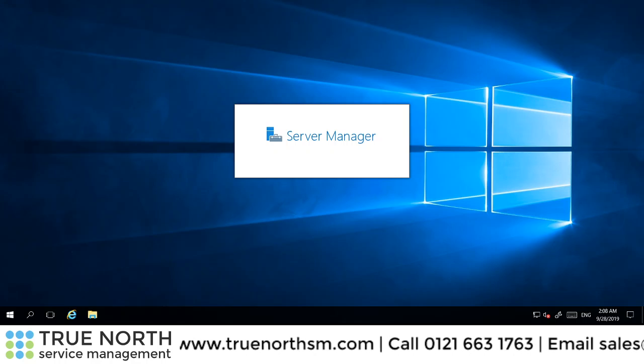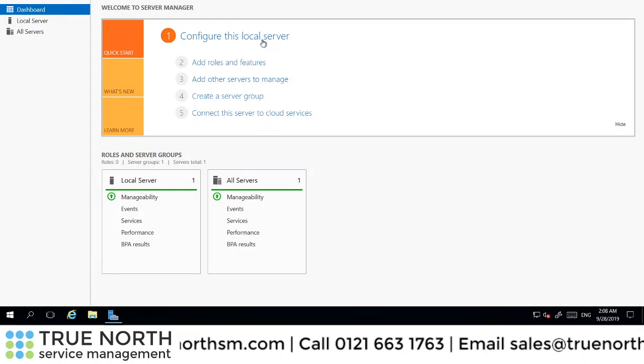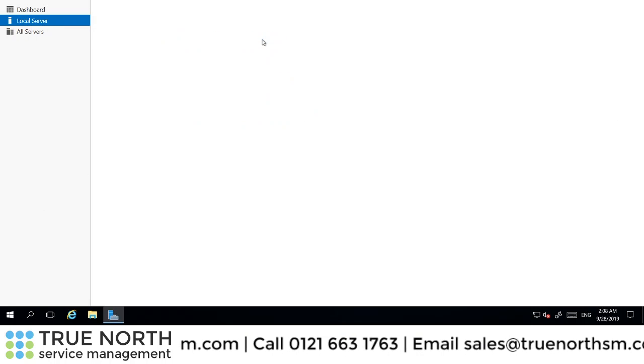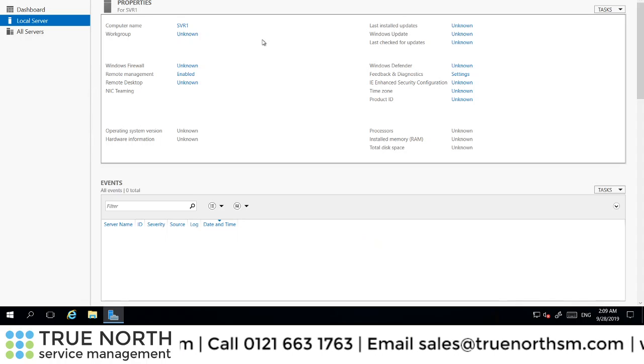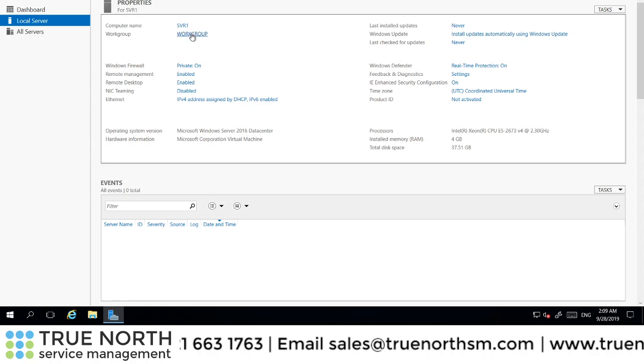And then when server manager loads, we'll be able to go into the local configuration like so. And then where we've got workgroup, we can click on this.